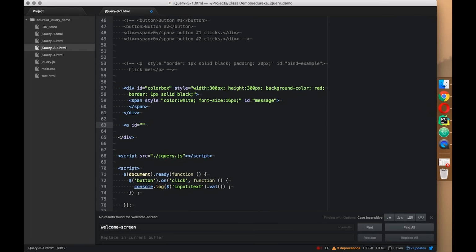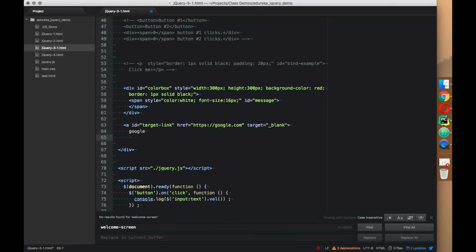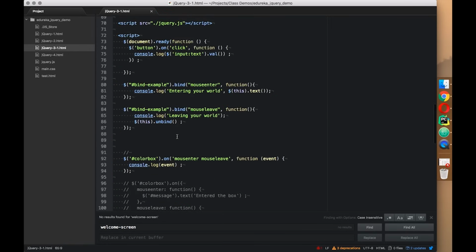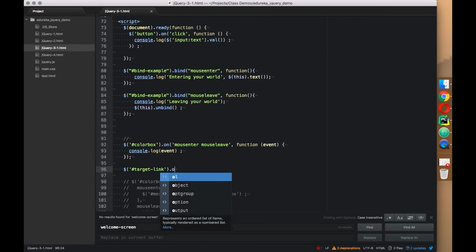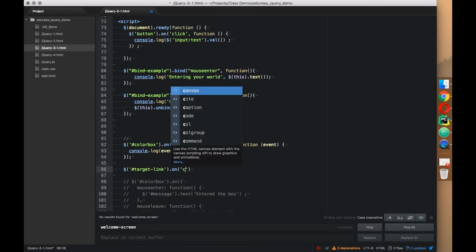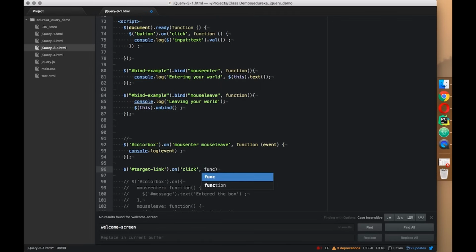So let's try it out. Let's call it target link. Call it href is equal to https google.com. Let's call it target is equal to underscore blank, and then let's call it as a. Let's call it target link, and we're going to bind the click event to it, and then we're going to say that, hey,